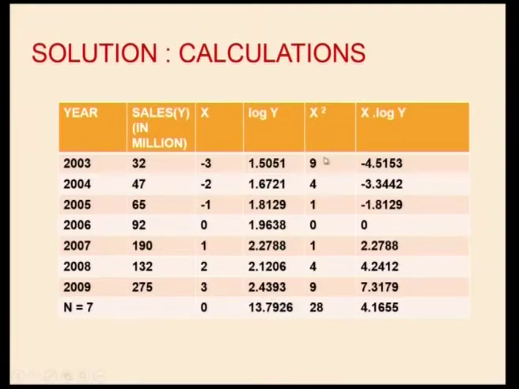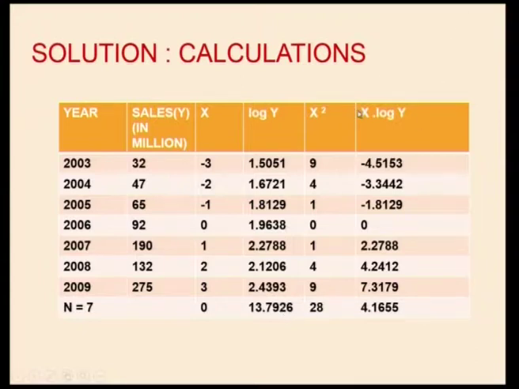Then you compute x square. Square each of these x values: minus 3 square, minus 2 square, up to 3 square. So we get 9, 4, 1, etc., 9. And the summation of x square will be 28. Summation of log y will be